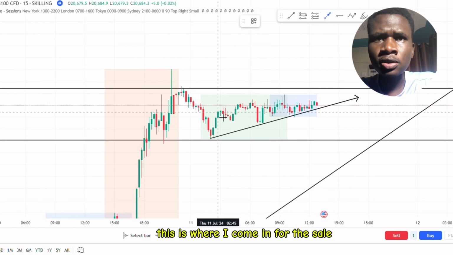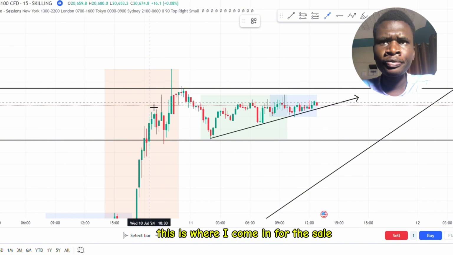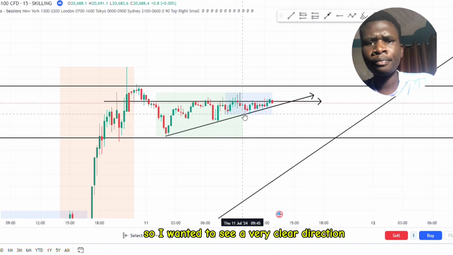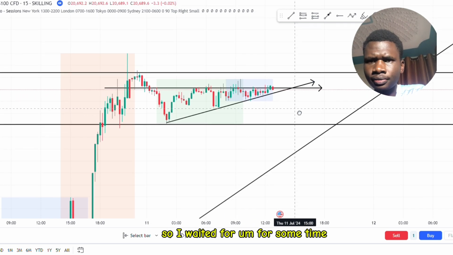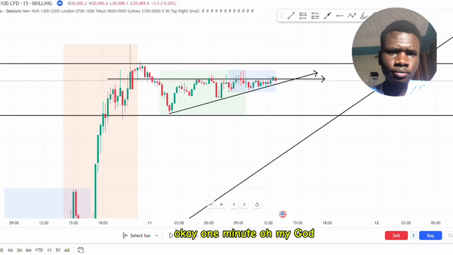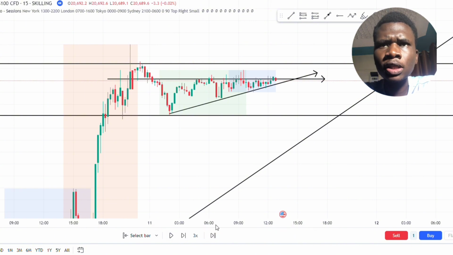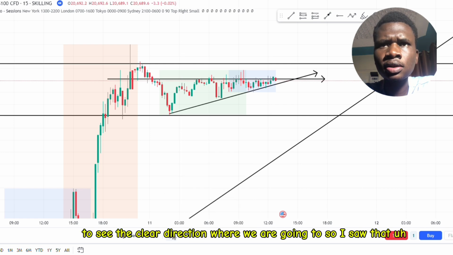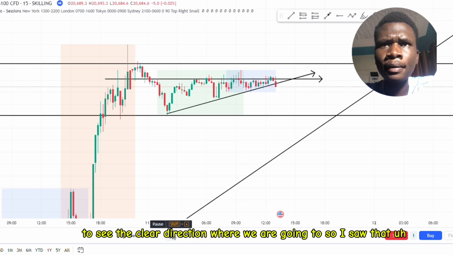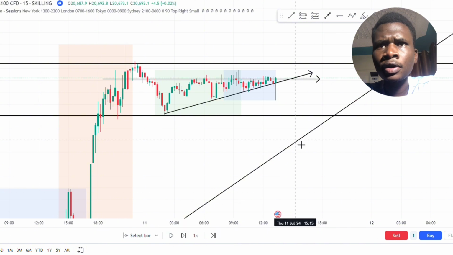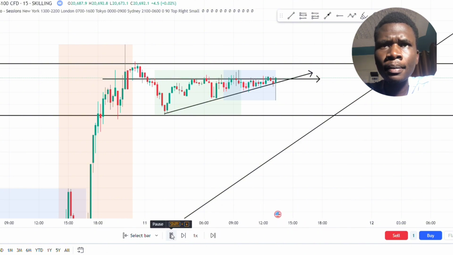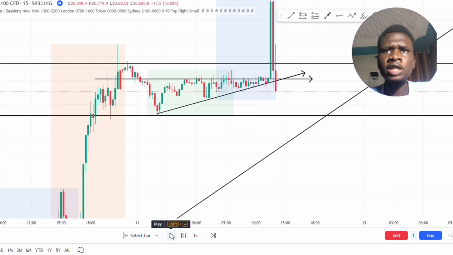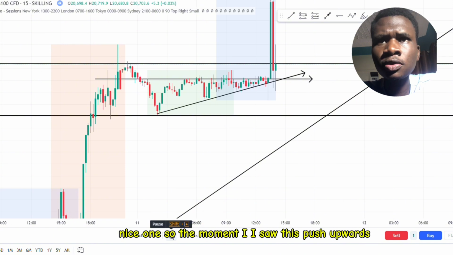A lot of people are also trying to buy at this zone. So I wanted to see a very clear direction. So I waited for some time, to see the clear direction where we are going to. So I saw that nice one. So the moment I saw this push upwards, I knew that this liquidity that was up here has